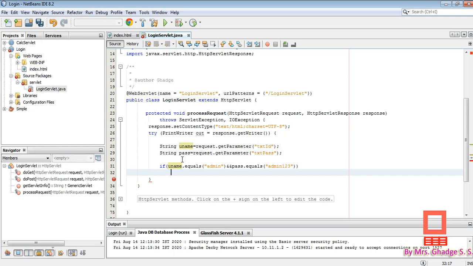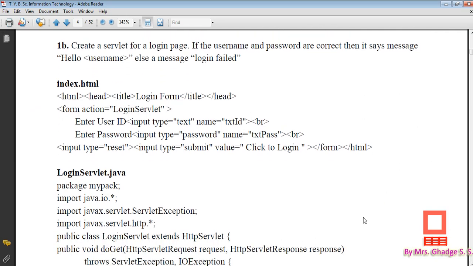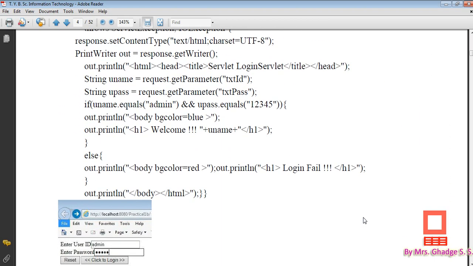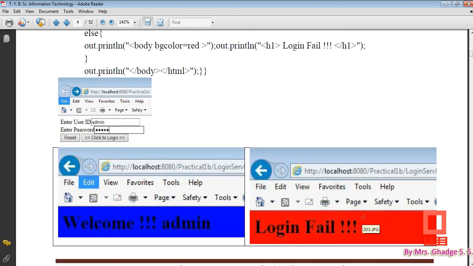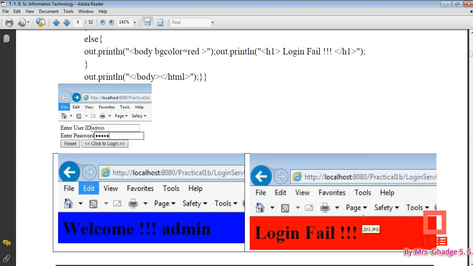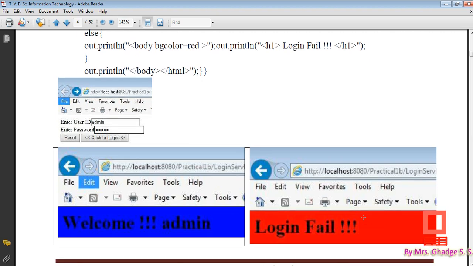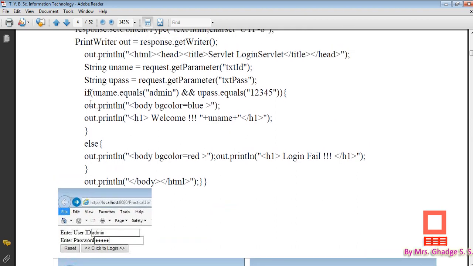Okay, so if both these things are equal, then we have to display the message, that is out.println login successful. If both are equal, then we show the message welcome username, and we can just show the message welcome admin. For that we have to write two lines.